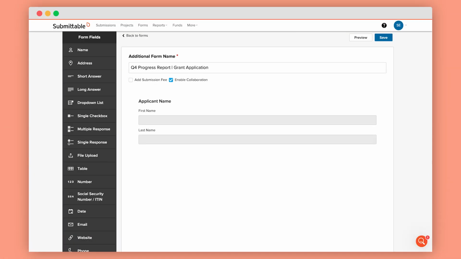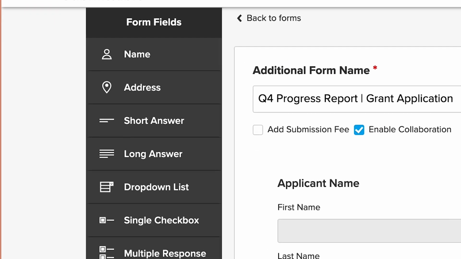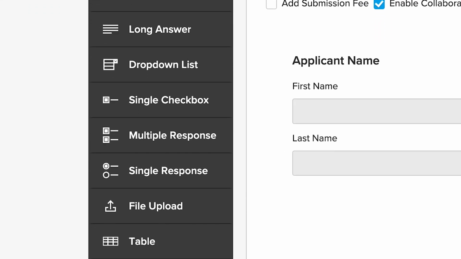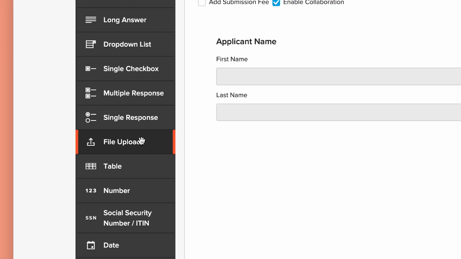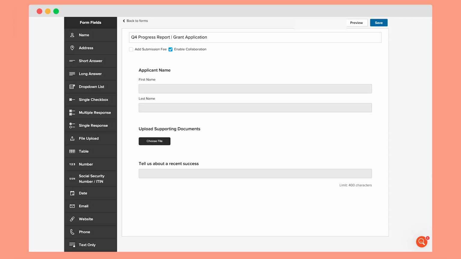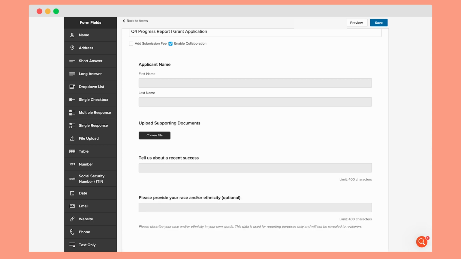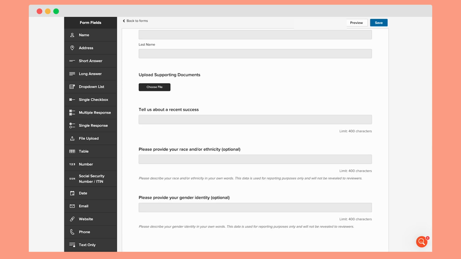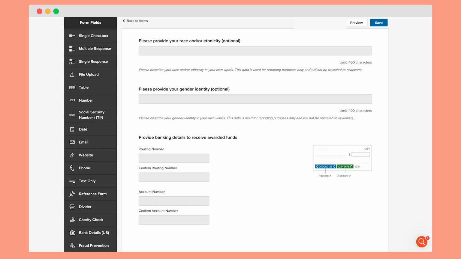Begin by creating an additional form using Submittable's signature drag and drop form builder. Just as with your initial form, gather responses using a variety of question types. Use file uploads to empower applicants to share impact data through various types of media such as photos and videos. Choose open-ended questions, collect demographic data to measure progress towards your DEI goals, and even collect payment information securely through